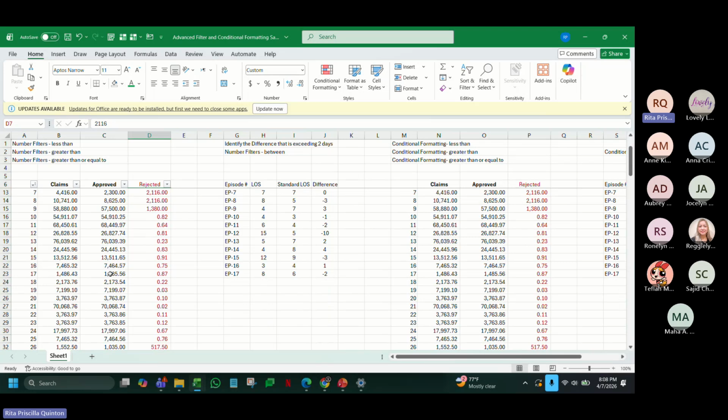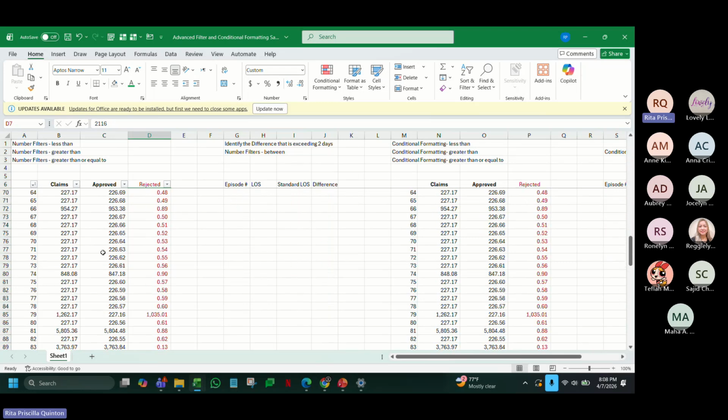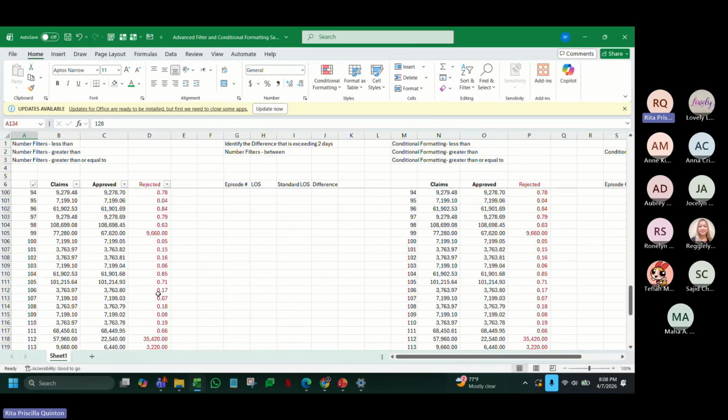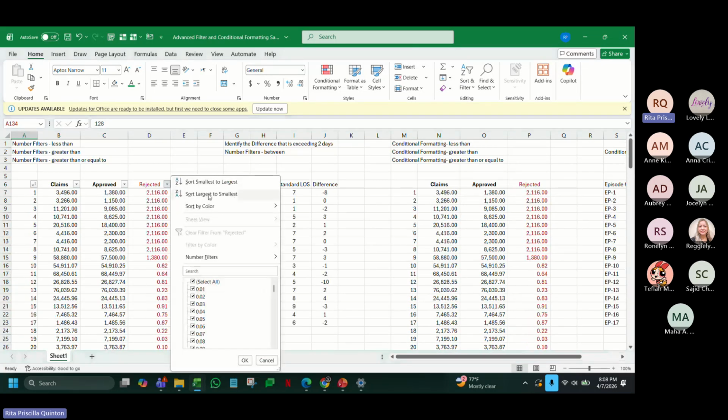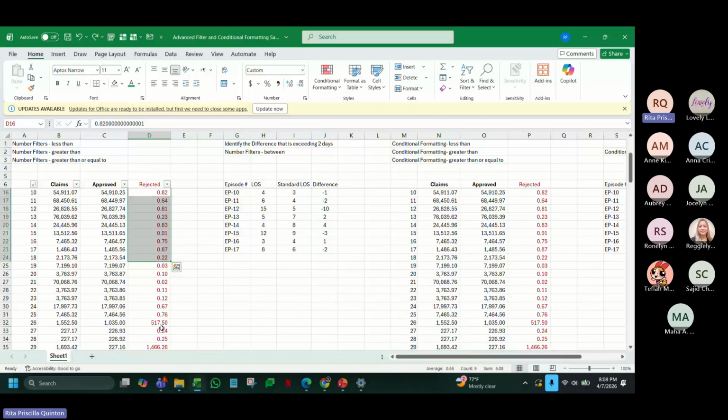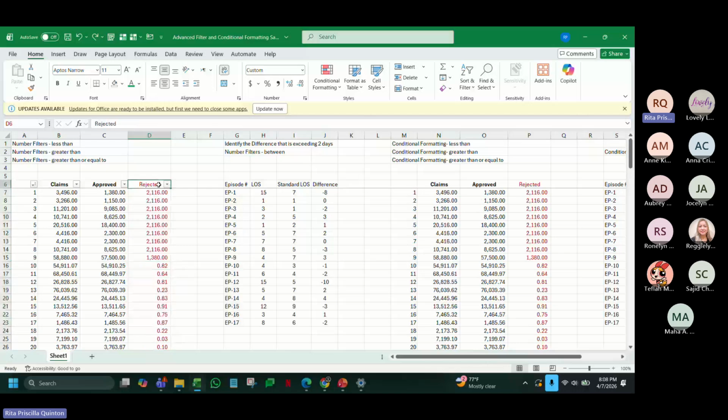If I'm working on a rejection file, for example this one, I have 128 rejections. I want to prioritize them by the highest amount. So you all know how to filter already by largest to smallest. This one you already know. What I want to teach today is that, for example, I don't want to see any halala amount, or any rejection that is less than 1,000 riyals. This is not my priority. So how can I do it?